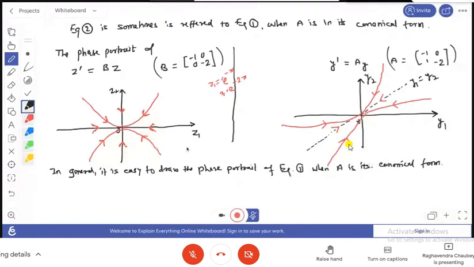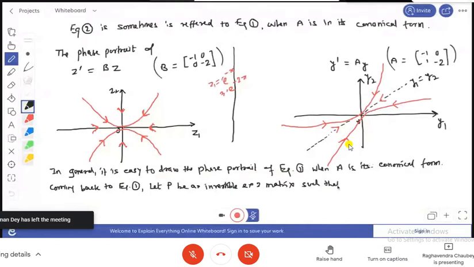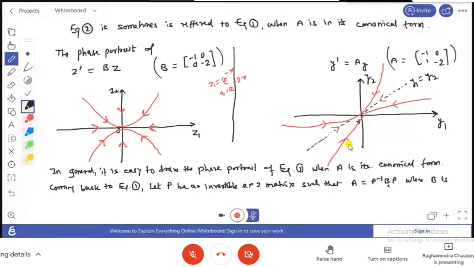Okay, so when we are coming back to equation 1, and suppose P be an invertible 2x2 matrix such that A equals to this thing, where B is a canonical form of A, okay. So here your system is